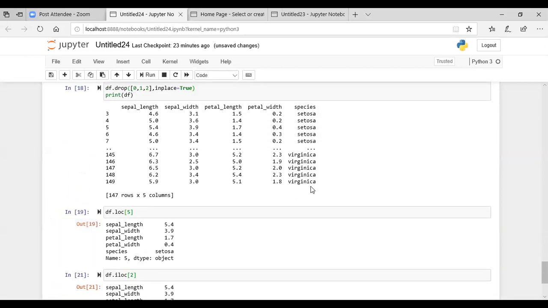So if you can see here, in this example the index numbers are 3, 4, 5, 6, and 7. If you want to view the contents of a specific row, you can do that with the help of df.loc of 5. It will refer to the name of this index, which is 5 over here. But if I mention iloc of 2, it will go with the offset. So see offset number 0, then 1, and then 2. When I say iloc of 2, it is referring to this third entry over here. It is not referring to the name of that index; it is referring directly to the offset, and the offset begins from 0.